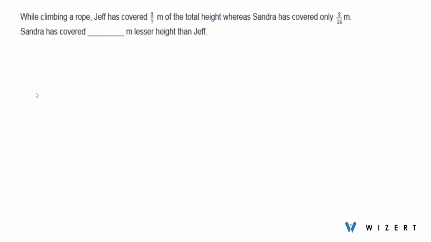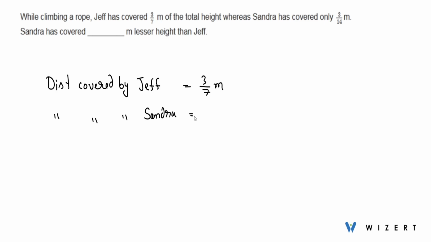So distance covered by Jeff equals 3 upon 7 meter, and distance covered by Sandra is equal to 3 upon 14 meter. So in the question they are asking us to find the distance by which Sandra is lacking Jeff. Therefore the difference of distance